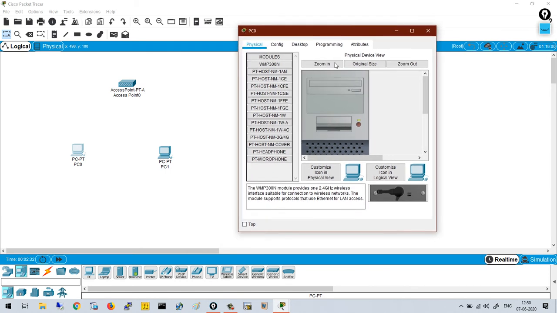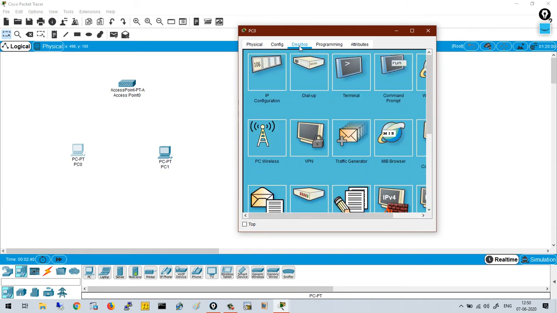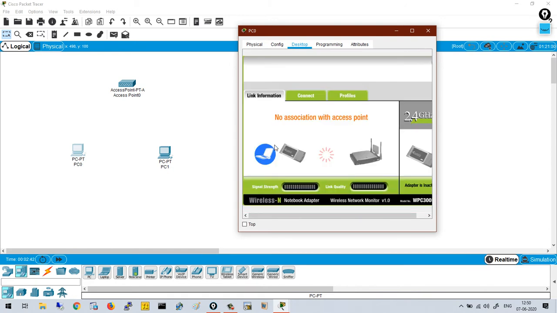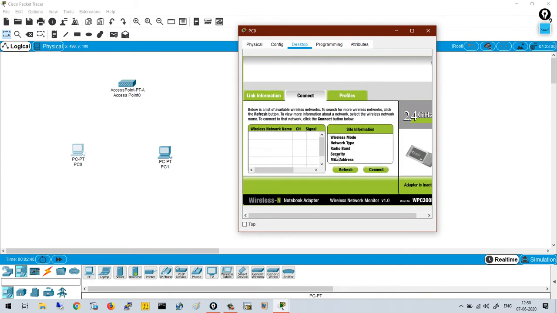On your laptop, at the bottom right, you have an option of Wi-Fi where you can go and select. So in the software, I will go to desktop, PC wireless, connect, and refresh.